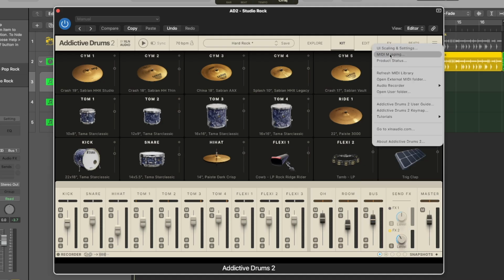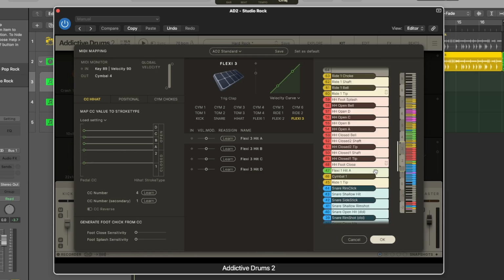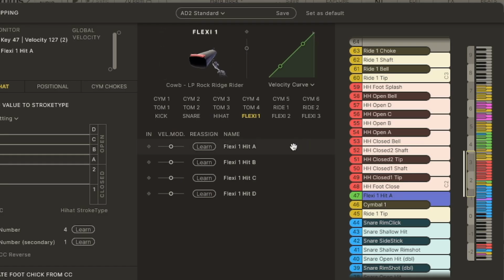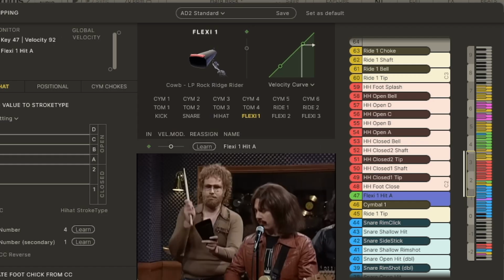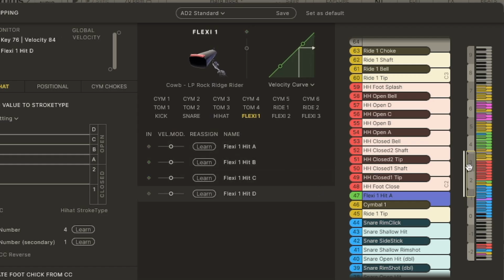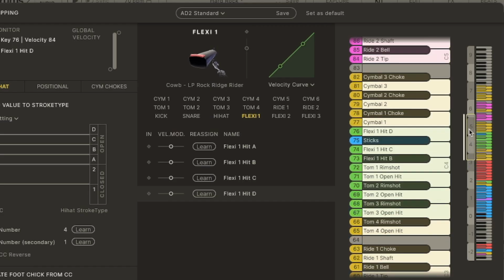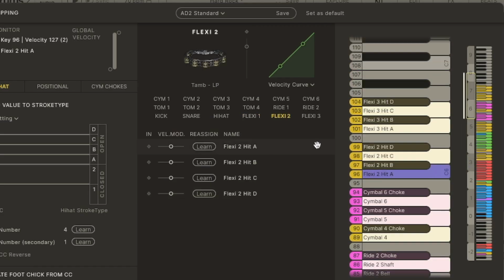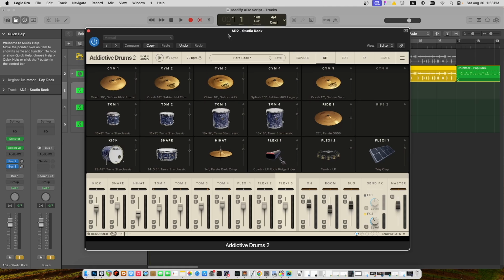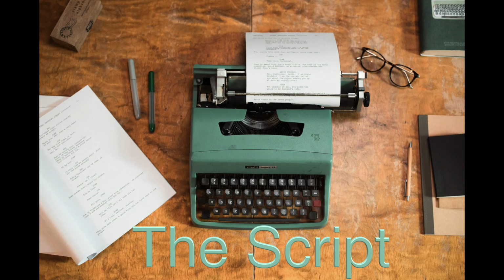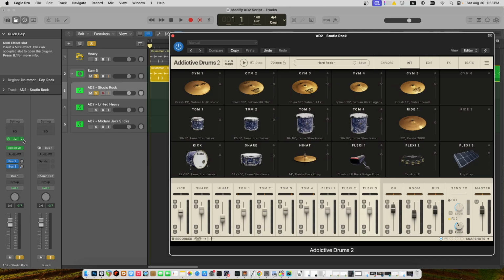And if I go to MIDI mapping, I click on flexi hit 1, there's that cowbell. It's only in flexi 1 hit A. There's nothing in B, C, and D. And then for flexi hit 2, where we added the tambourine, that has something in flexi 2 hit A, C, and D. Nothing in B. Flexi hit 3, the claps, that's in flexi 3 hit A. B, C, and D are empty. So those are the specifics of this kit. And if we go to Scripter,